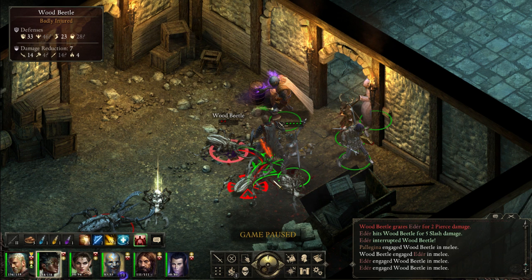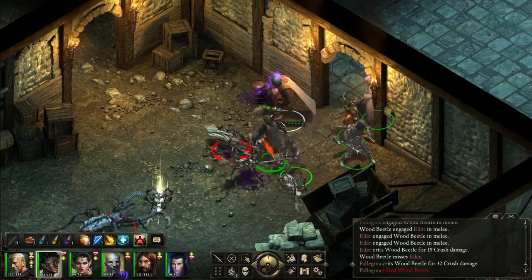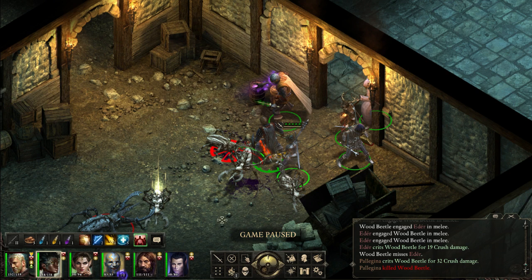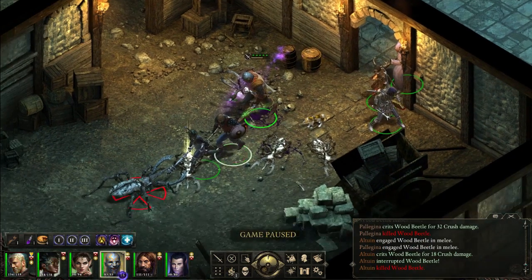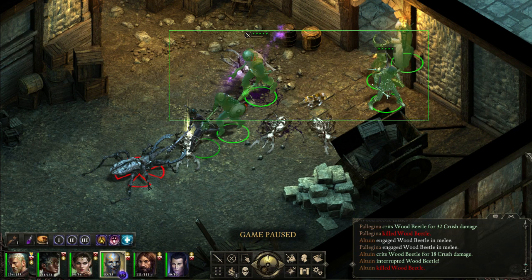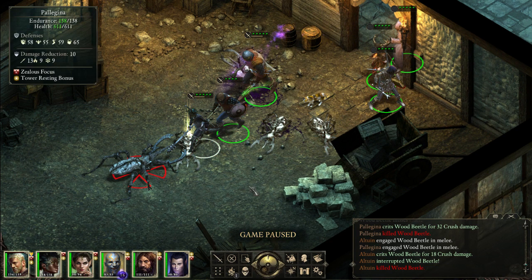Okay, so you see in the left corner, it says damage reduction 7. Underneath is a sword, which is a symbol for slashing damage, at 14. Crushing, it's guessing 4. Piercing is 14 also. And burn is only 4. So in fact, those fire spells that I was using are extremely good for these guys. And you can see those hits did a lot more damage than we had been doing with the sword, because that was crushing. And I think he has a club equipped, which can also do some serious damage to them. So keep that in mind also. That's a little bit off topic, but